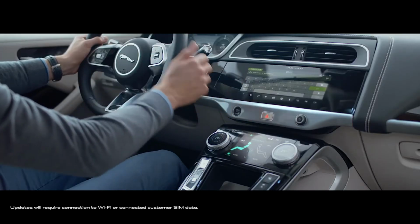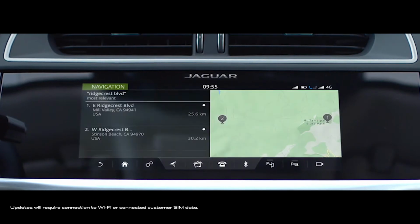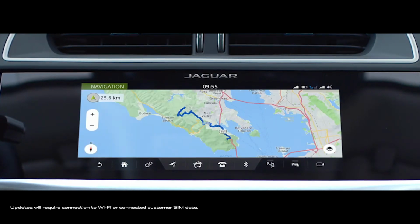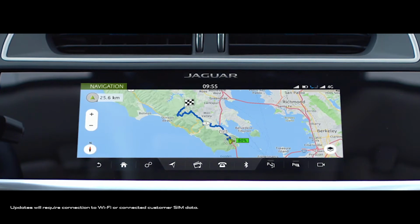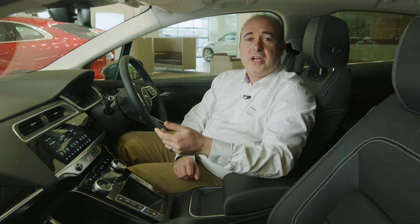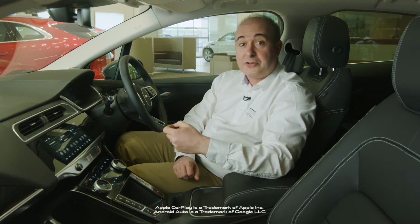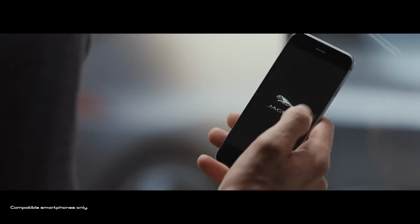The onboard navigation system is always connected and can download updates over the air to ensure map data, and particularly the database of charging locations, is always current. Voice control makes setting a destination on the go as simple as reading out the address. Apple CarPlay and Android Auto are standard, as is the remote app for your phone, which can report the car's